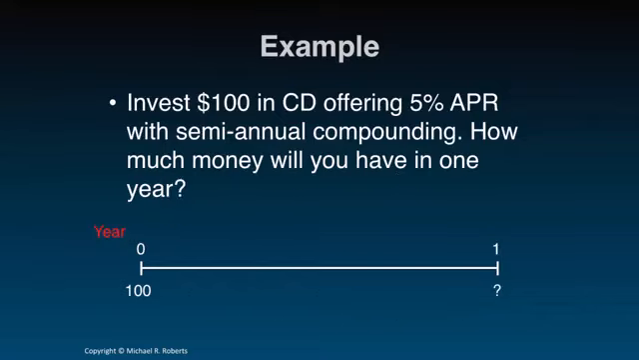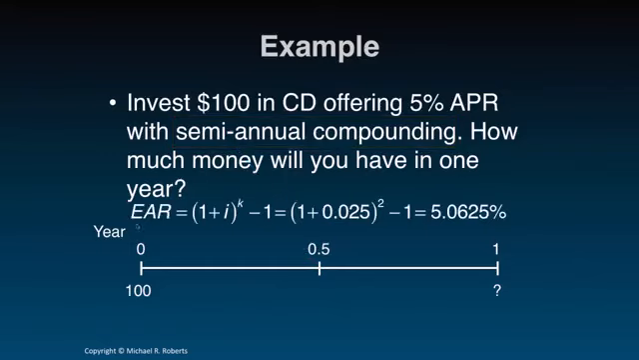Now let's approach the problem from the perspective of years. Now we're looking for how much money we have after 1 year. But if we're going to work in years, now we need to be consistent. So after 6 months, this isn't 1 period, this is half a year. And because we're working in years, our discount rate isn't going to be the periodic interest rate I, it's going